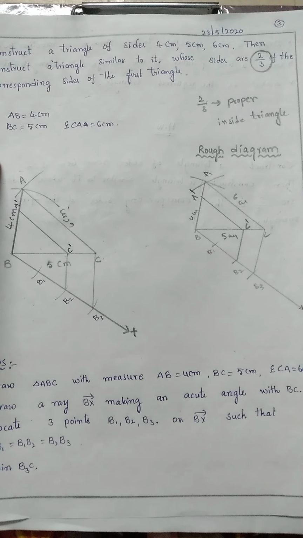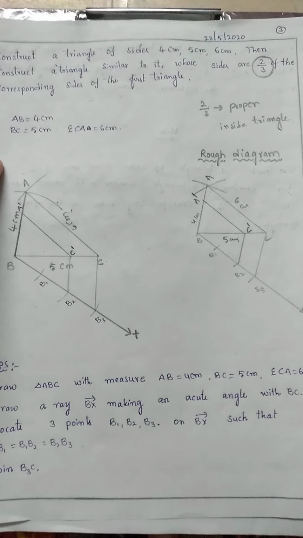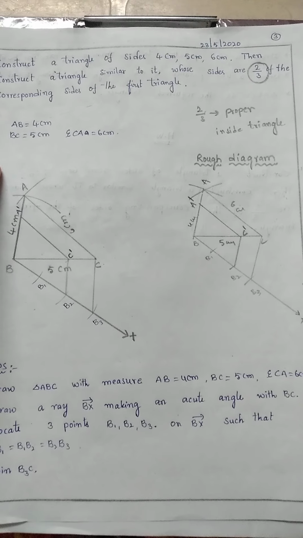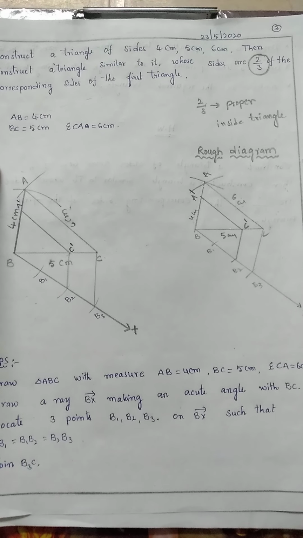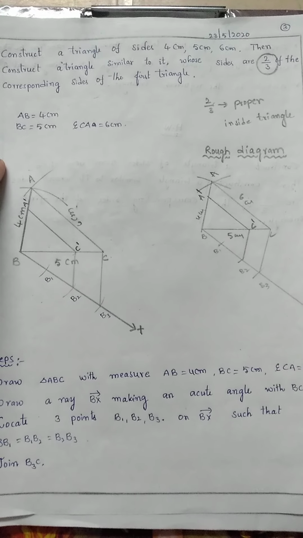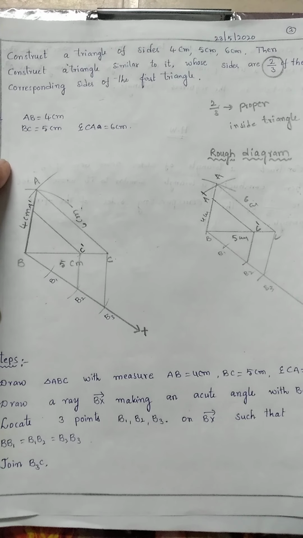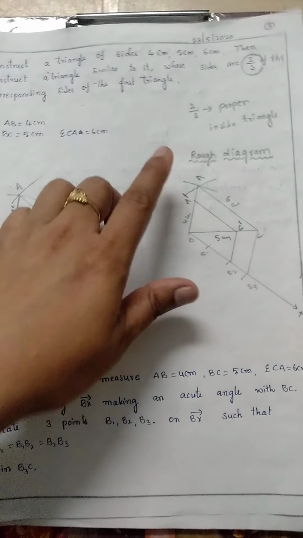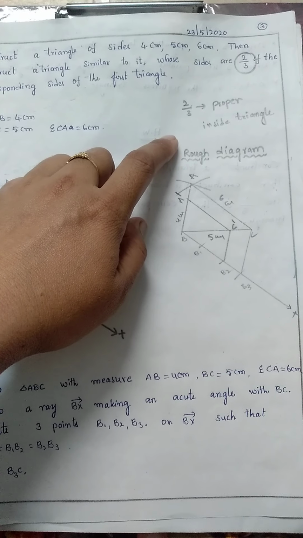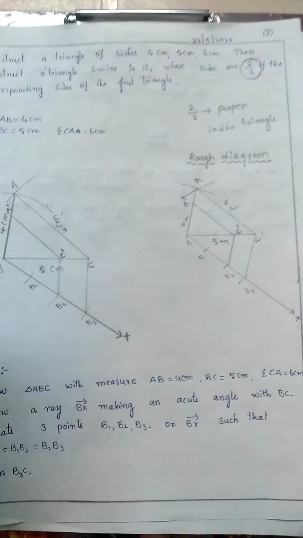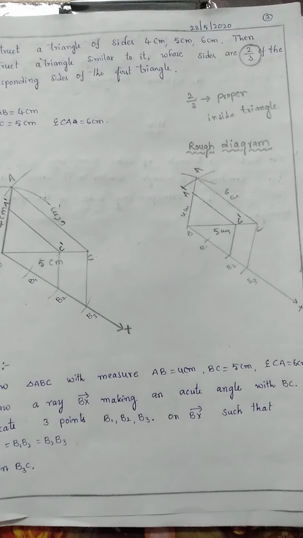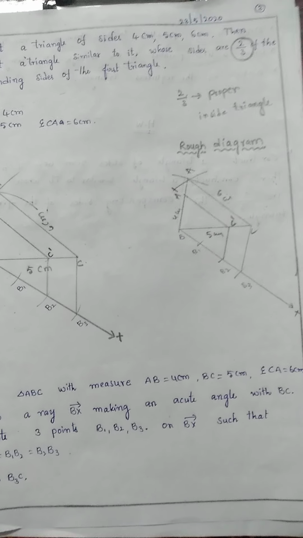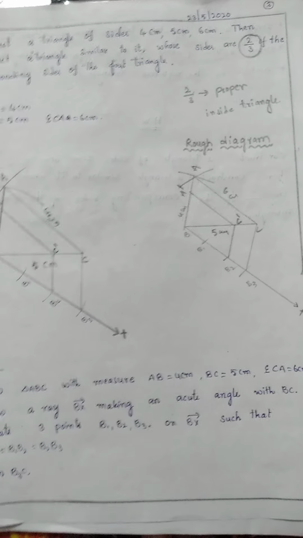So here first you observe what we observed in yesterday's class. Given the problem, which type of fraction is given? 2 by 3. Is 2 by 3 a proper or improper fraction? Proper fraction, because the numerator is a smaller number and the denominator is a greater number. Then you draw the diagram inside the triangle. Improper fraction means you draw the diagram outside. Yesterday I drew the improper fraction construction. Okay, here 2 by 3 is a proper fraction, so it is inside the triangle.